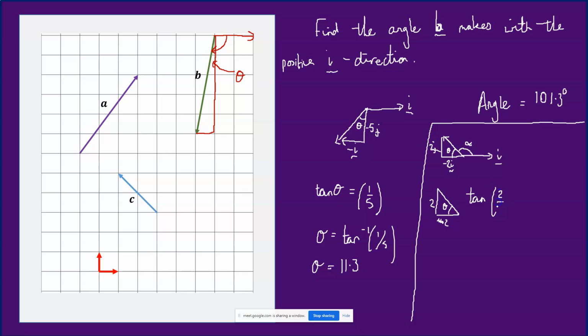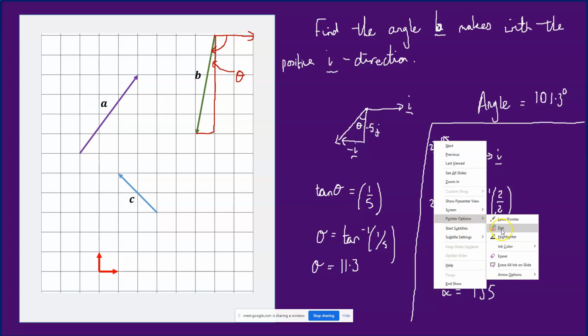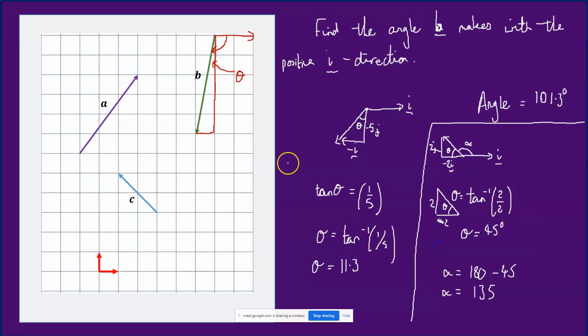So theta is going to be tan to the minus 1 of 2 over 2, which I reckon is 45 degrees. And, I mean, you can just look at that one and go, oh yeah, I can see it's 45 degrees. And therefore, alpha is going to be 180 minus my 45 degrees. So alpha is 135 degrees. And I'll draw these on the diagram so you can see. So on this B, it was that angle. And on C here,